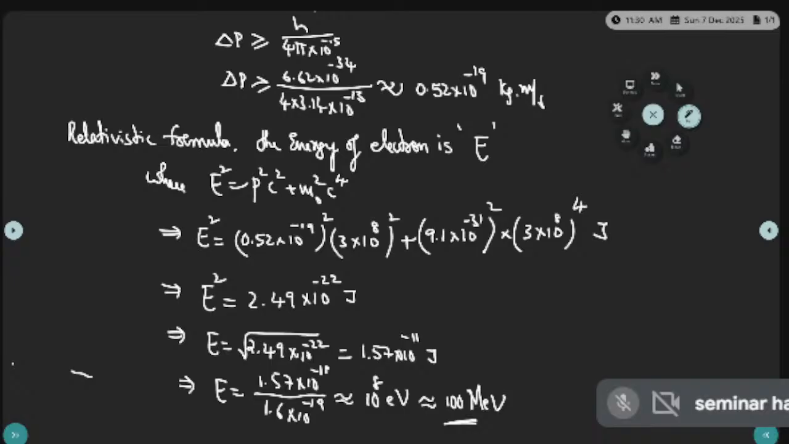Electrons generated during beta decay of radioactive nucleus have energy less than 5 MeV. Okay, so hence our assumption is wrong. So what is the correct assumption? Electrons are